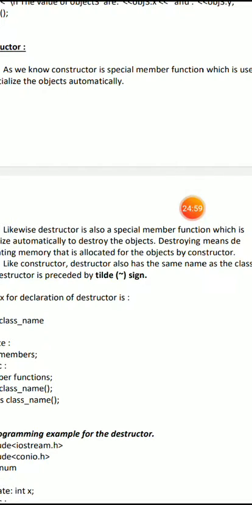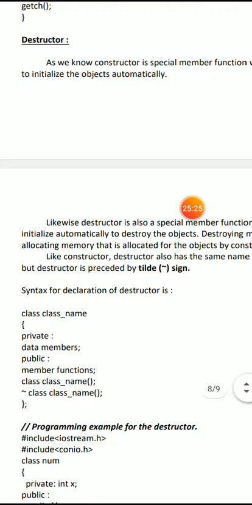In case of dynamic memory allocation, I told you that if the memory which is allocated by using the new operator is not deallocated by using the delete operator, it will create some problem. So the constructor internally calls the new operator in order to reserve the memory space for objects, whereas the destructor internally calls the delete operator to deallocate the memory space that is allocated for the creation of an object. So destructors and constructors play a very important role in allocating and deallocating memory for the objects dynamically.